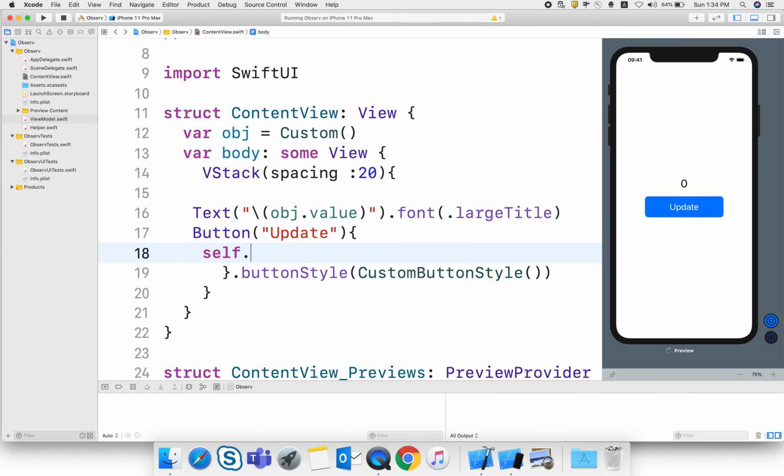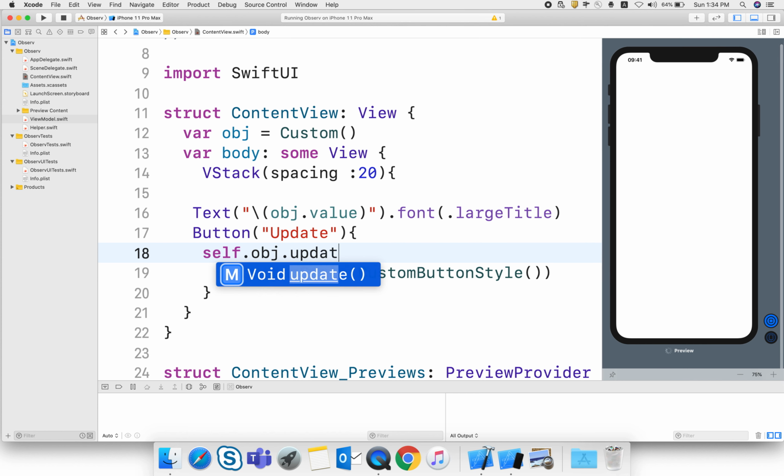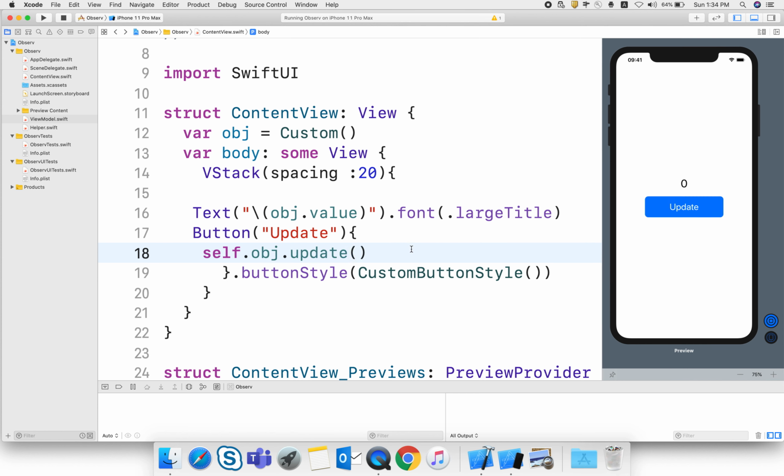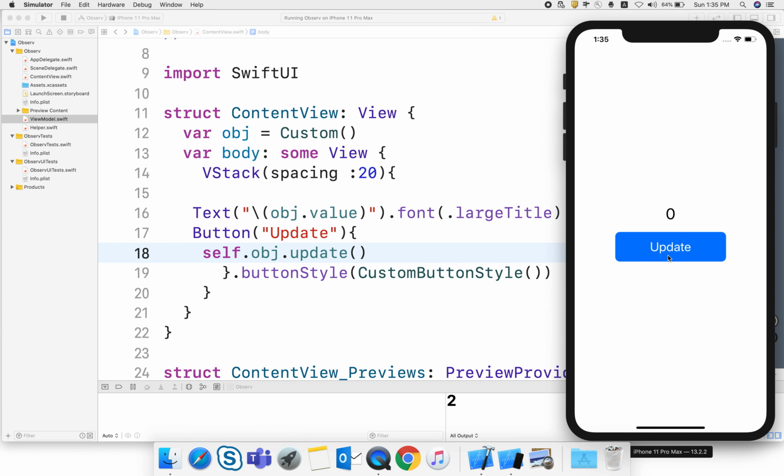So here what I'm doing, I'm just calling an object.update function. Inside the update function, the value is incremented by 1. So whenever I click on update, the value is incremented by 1. Here you can see that the value is incremented by 1, but it is not updated in the view. So what I need to do here is,